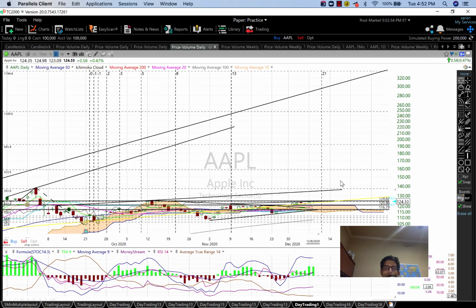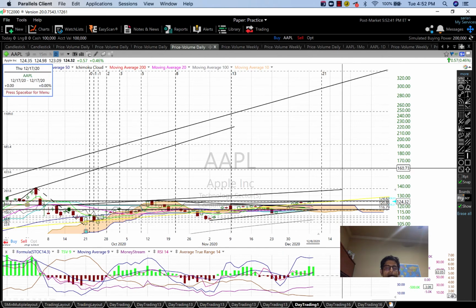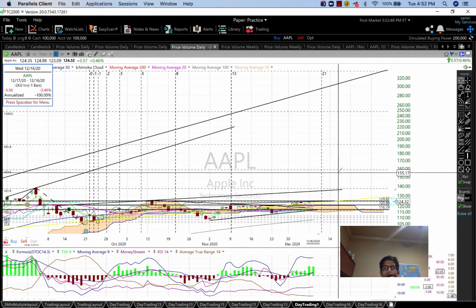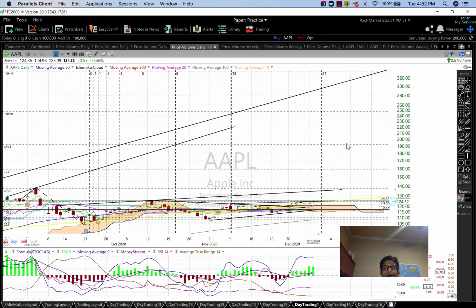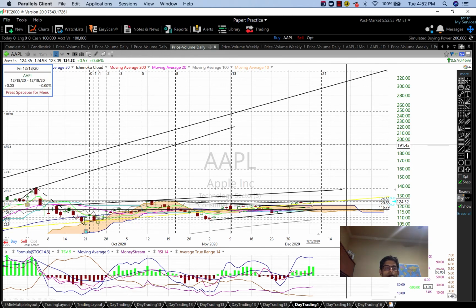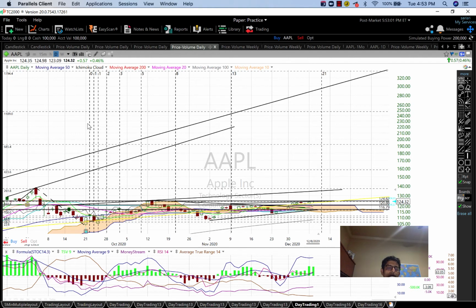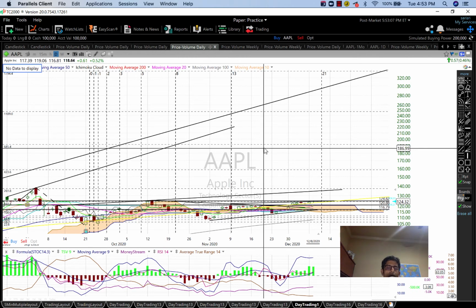Maybe December 24th calls will be good to move to 126, 136. But if you are a really long-term believer of Apple, then you might want to give more time, maybe for the next earnings, where you might see it hitting the 150, 160 level and even on top of it to get to the next level, right? So you might see it even going to 180 levels. Okay. But again, that's very, very long term, so let's not worry about it. Just for right now, we're targeting 136, which is a good level for Apple.